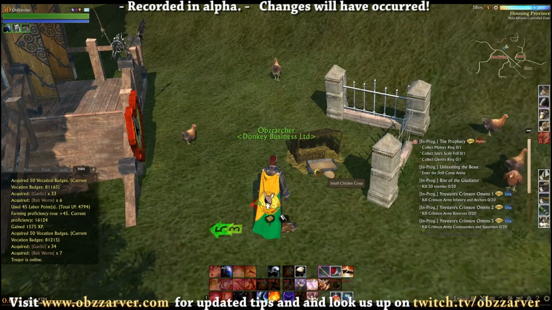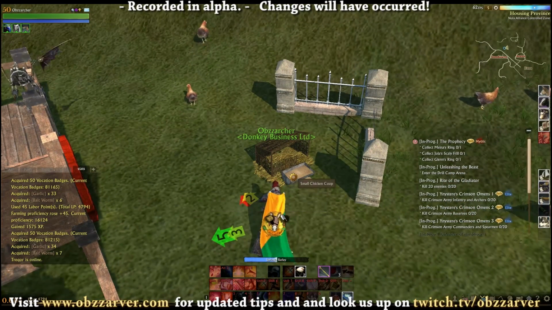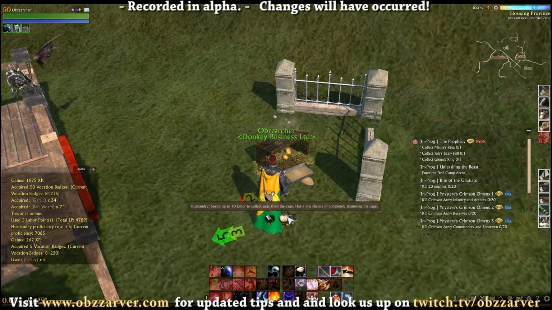Oh, before we do though, let's put these chickens out of their misery. Well, I could feed them first. This is a chicken coop. You can also make that. That's a crafting thing. Now I can either collect eggs